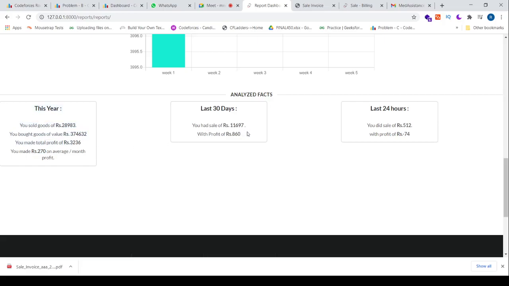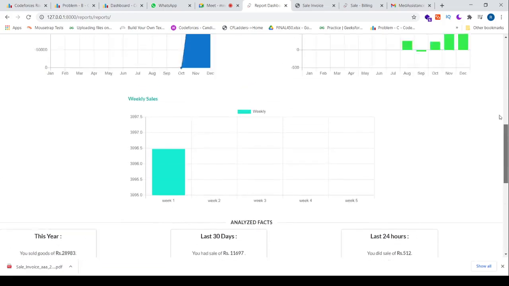This way we have 30-day facts too. Like we had a sale of 11,697 with a profit of 860 rupees. In the last 24 hours we have sold 512 rupees of items, and we actually faced a loss here. We have not sold in sync with purchased items.